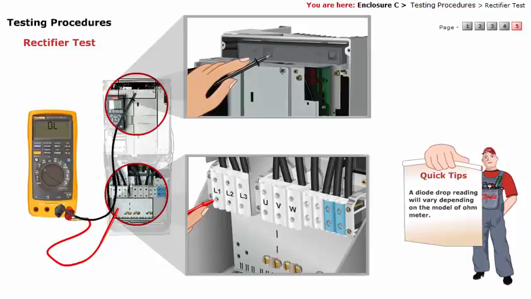A diode drop reading will vary depending on the model of ohmmeter. Whatever the ohmmeter displays as a typical forward bias diode is defined as a diode drop. In these procedures,